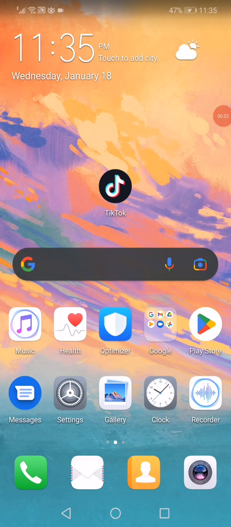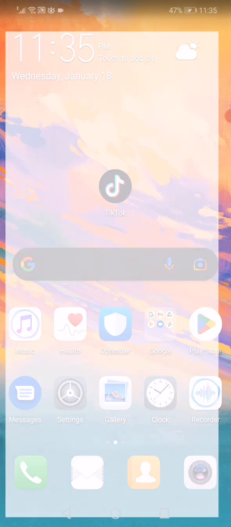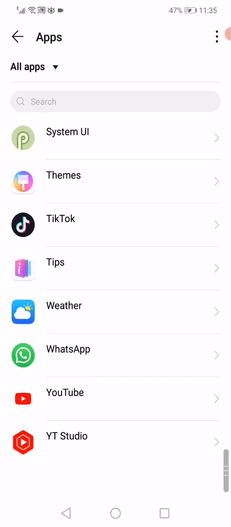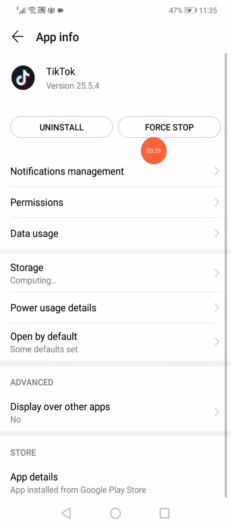In this short tutorial, I'm going to show you exactly how to fix CapCut template not showing on TikTok. So, the first thing you want to do, guys, is open the settings on your phone, go to the apps manager, open the apps like this, and then you have to wait a few seconds right here on this page. After that, you have to scroll until you find TikTok, click on it, and then click on this force stop option